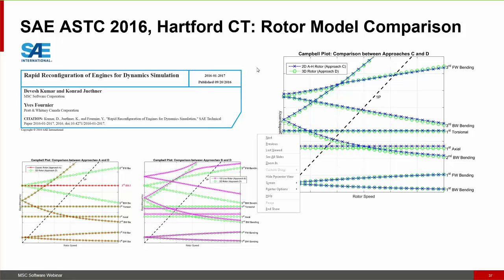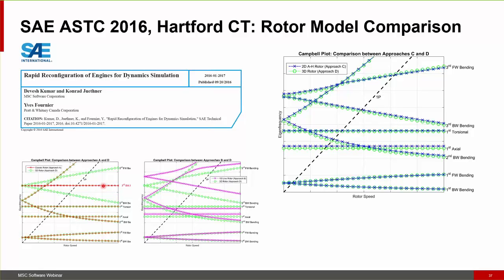Finally, I'd like to talk to you about the work we're doing with industry partners. Here's one study we published with SAE last year. On the bottom left, we're showing the difference between a classic rotor approach and a full 3D rotor. The classic rotor is 3D traditional elements, and has